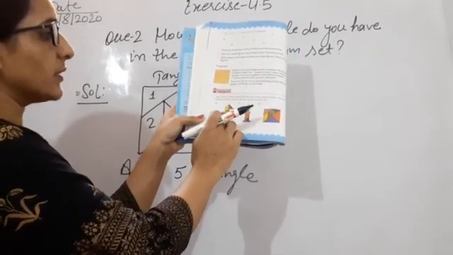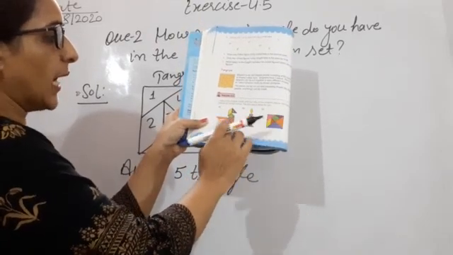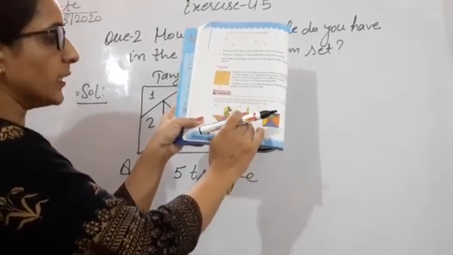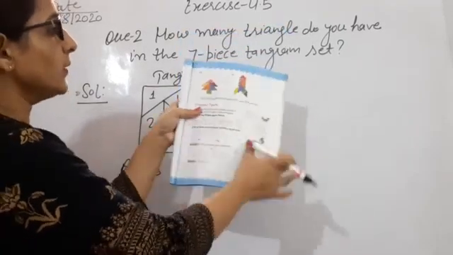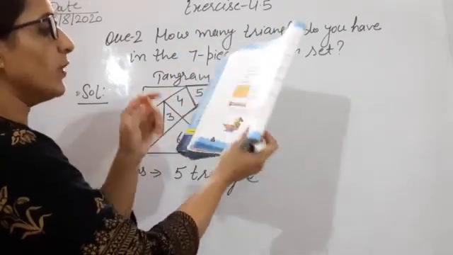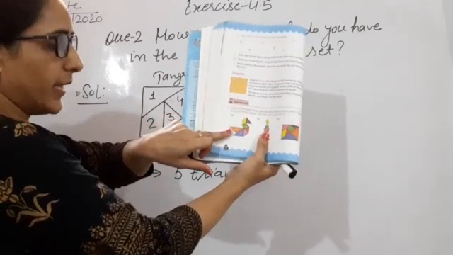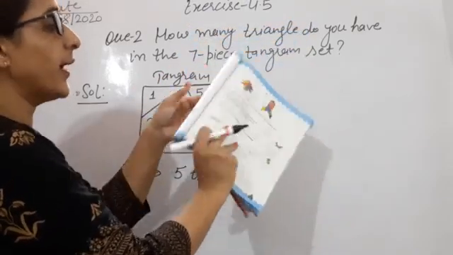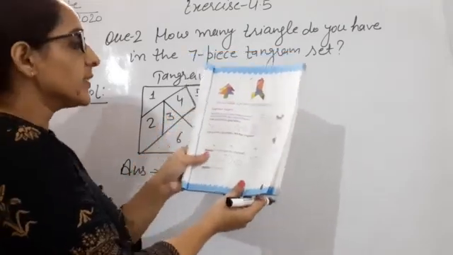The figure here is given. You identify which pieces are where, and after that you give the name. In part B, part C, part D and part E also, every part is related to your part A. You look here, clear? And after that you write the numbers 1, 2, 3, 4, 5, 6 and 7.